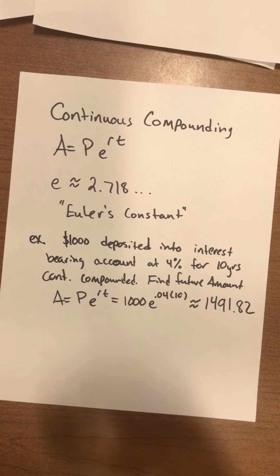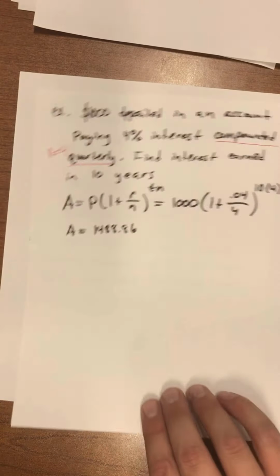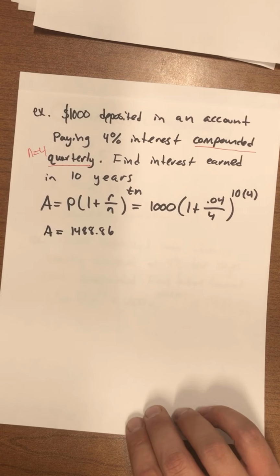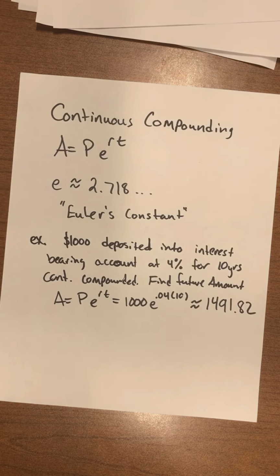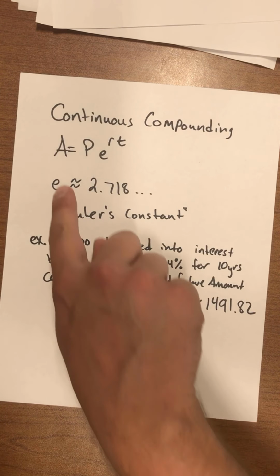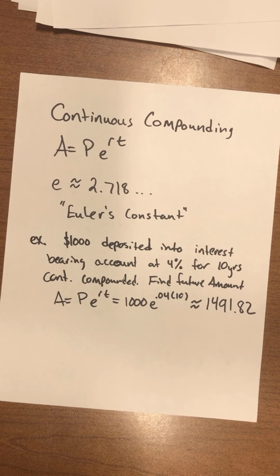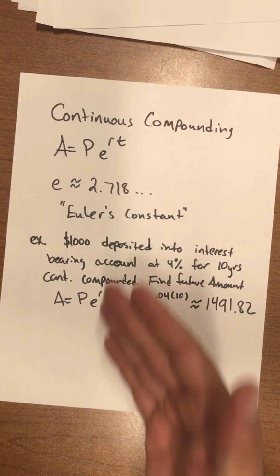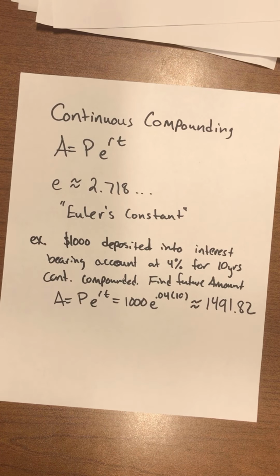So we're going to take a look back at the same problem we did an example of, where we had $1,000 deposited and compounded quarterly. In calculus, you will probably talk about the definition of e. In college algebra, I'm going to give you the approximation, teach you that it is a number. It is named after Dr. Leonard Euler,